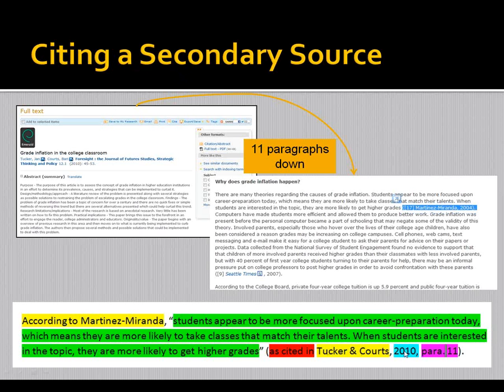So Tucker and Courts 2010, and because I use as cited in, that would be the first thing that you would put in there. And then it's paragraph 11. I scrolled down 11 paragraphs. I counted 11 paragraphs, and so that's all you have to do. If you come to an